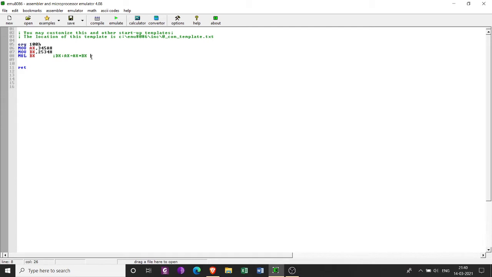So I can terminate the program using INT3. In the previous video, I discussed 8-bit addition, but I haven't typed this INT3. This has to be there if you are typing this program in a kit. This is the breakpoint interrupt. This should be the last line in your program. Otherwise, your processor will continuously execute all the instructions after this. That is why this should be the last line while typing in the kit. So remember that. Now I am going to emulate it.